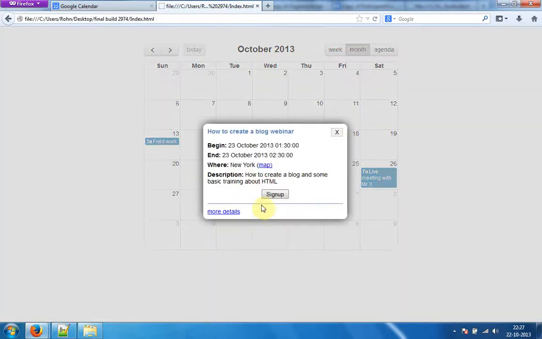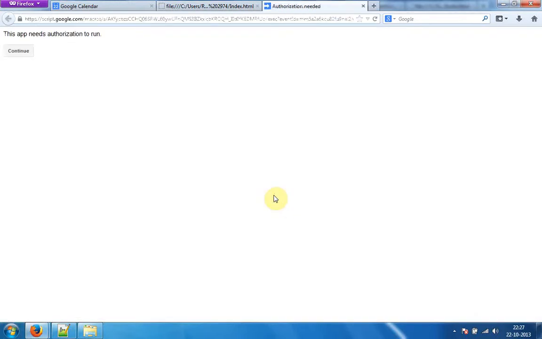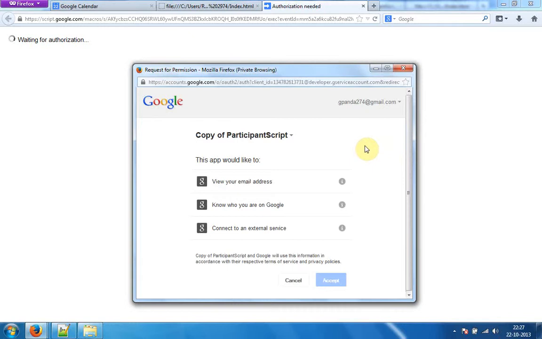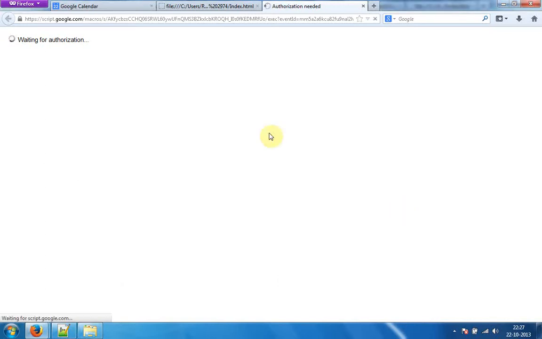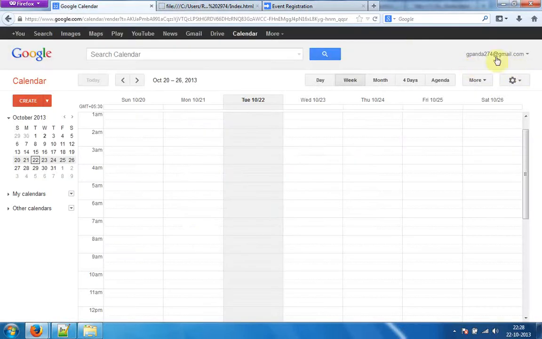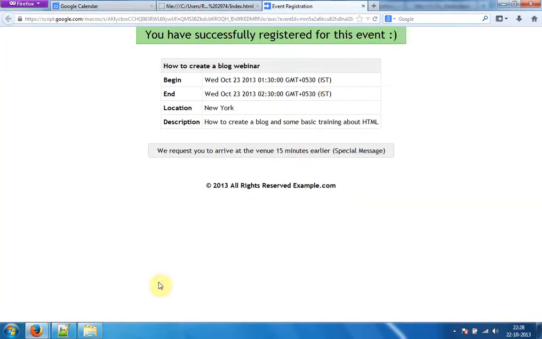So click on it, and if I want to sign up for this event, go to sign up. So here you need to authorize the script. So authorize it. So after you authorize, the script is getting loaded. See, you have been successfully registered for this event. So this particular user gpanda274 has been registered, and now you go to